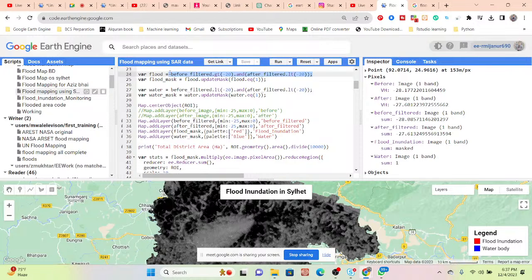Okay, as well as the same approach for the permanent water body. For the permanent water body, simply set the before filter at less than minus 20. When I set it at less than minus 20, it is considered as permanent water body, and also the after filter at less than minus 20. So all of these pixel values, mainly less than minus 20, we consider as a permanent